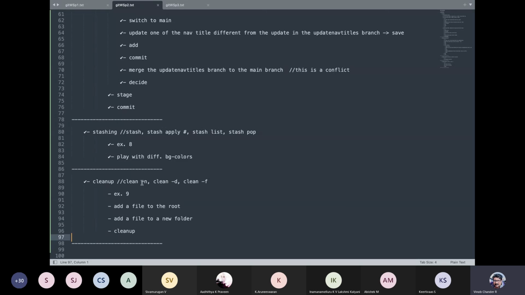It shows a dry run on the folder or folders that are untracked. When you just say git clean -n without this -d, it will show only your root level files that are untracked. To have your untracked folders also specified, you specify -d. Okay, guys?